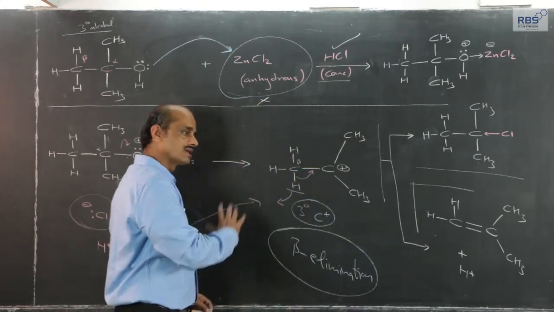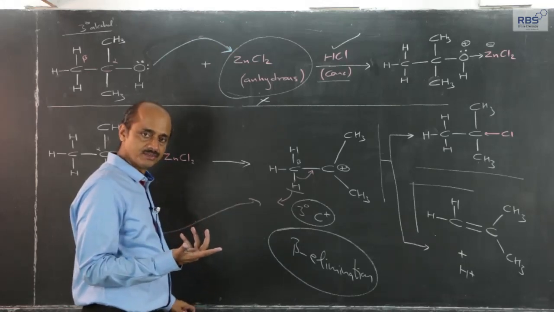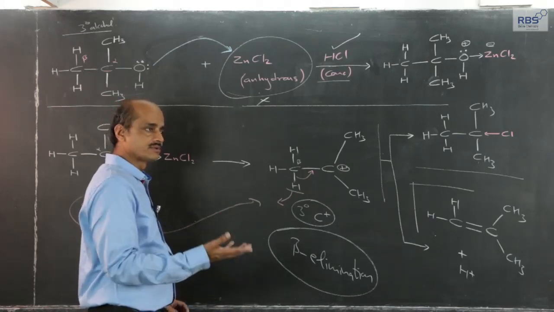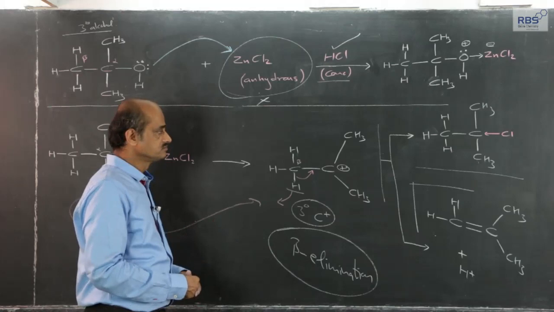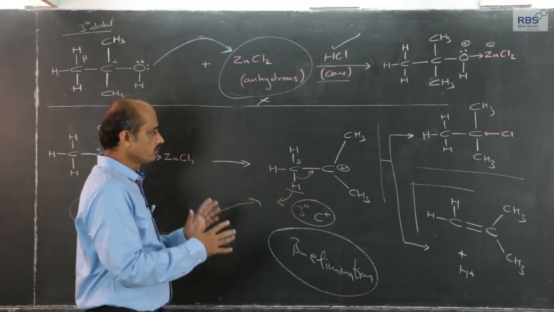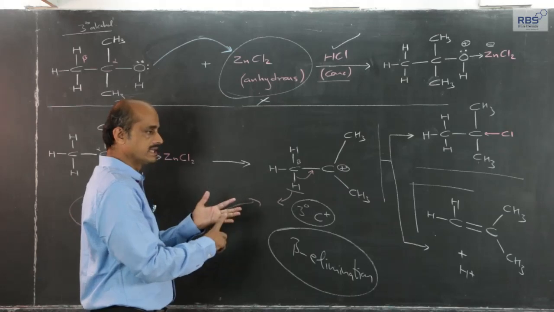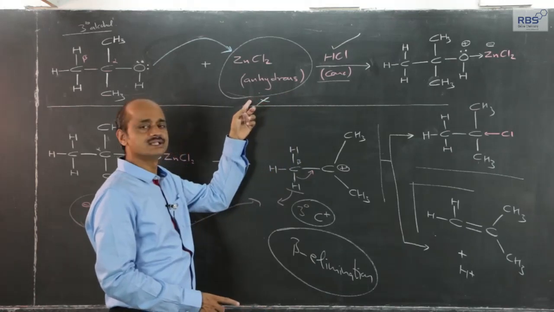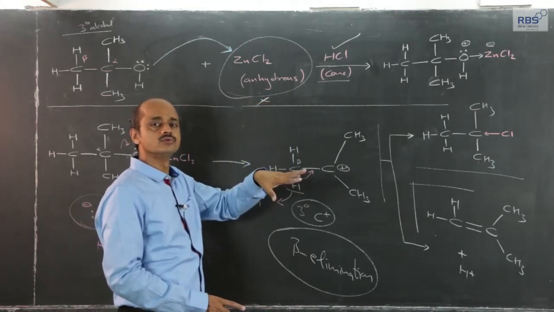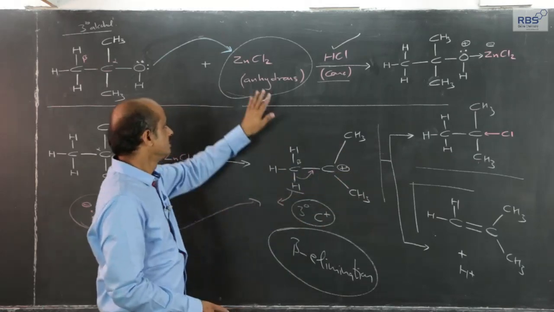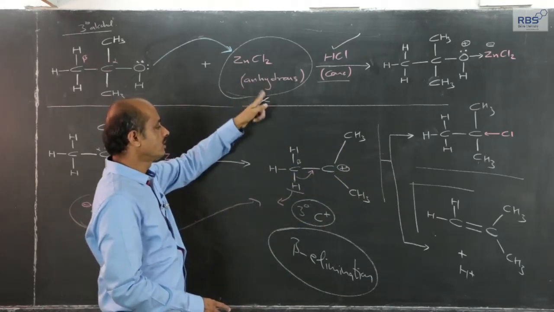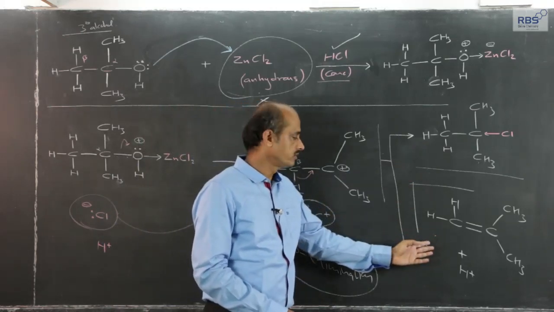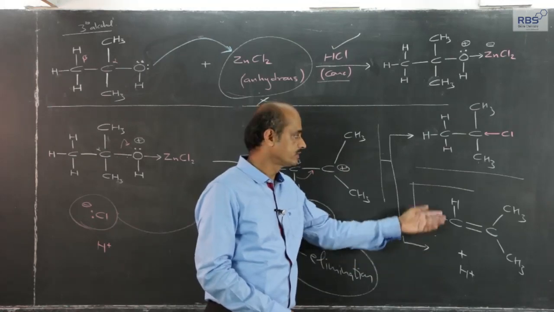So, this is how alcohol to alkyl chloride seems simple, but primary alcohol, secondary alcohol and tertiary alcohol, 3 different types of alcohols, behave in 3 different manners. Therefore, for conversion of alcohol to alkyl chloride for primary and secondary, we use concentrated HCl in the presence of anhydrous ZnCl2, but for tertiary alcohol, we do not use this, or else in addition to this, this is also preferred, and we do not want this. Our motive is to get the alkyl chloride.